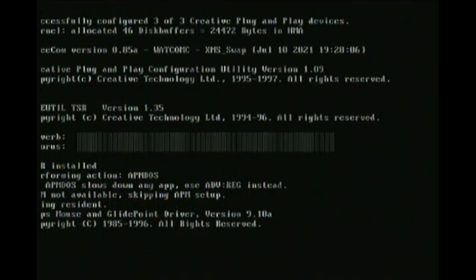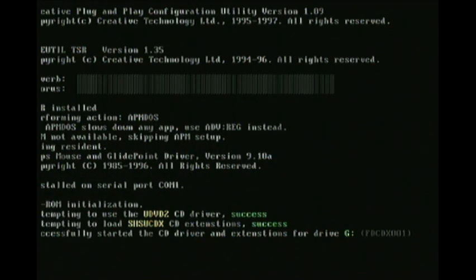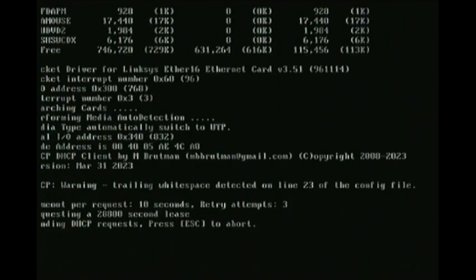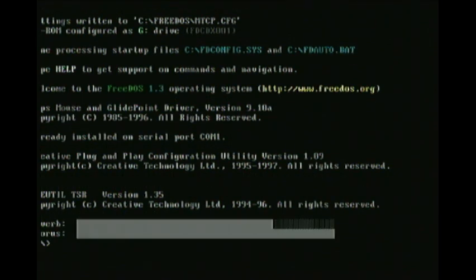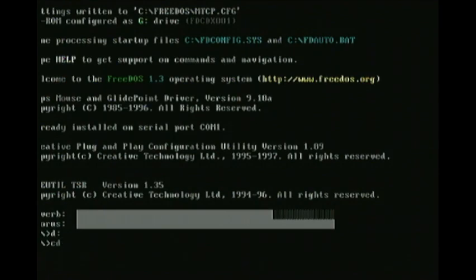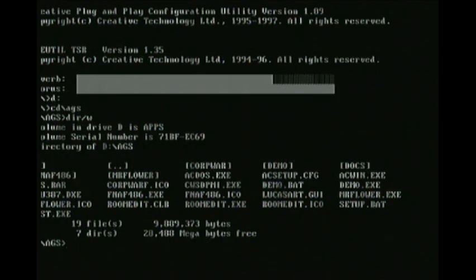As you can see, I have a Creative Labs Sound Blaster AW64, so we'll have some good audio. Hopefully we have some games in here that I can show off. And yes, I have Wi-Fi on here. It's actually connected to Wi-Fi via a Wi-Fi Ethernet bridge, a Linksys WNCE 2001, actually. It's not from 2001. Anyway, today we're going to talk about Adventure Game Studio 231, which is a program that you can use to